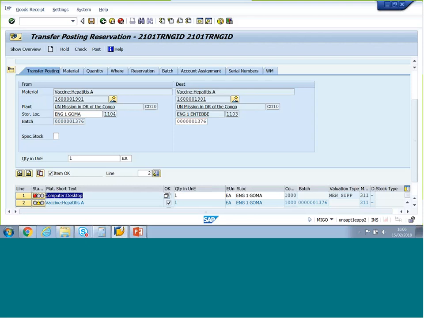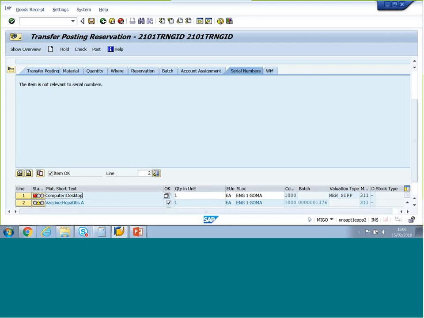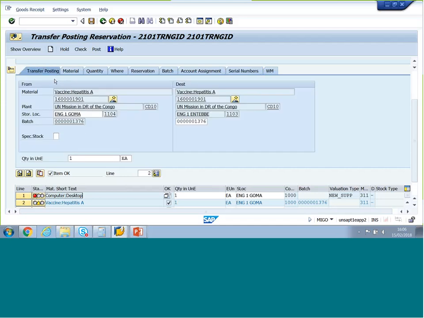The computer is a serialized item, so somehow as an inventory user, we need to indicate which serial number we want to transfer. So if we go to the serial numbers tab, and we select the line item, because in this case we are still referring to vaccines, so we have to change to select the line item for computers, and move to the